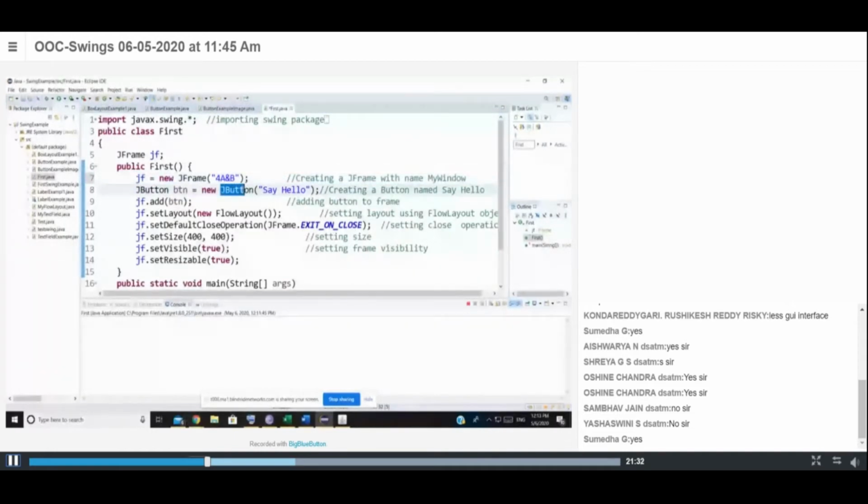The buttons are always instances of a class called JButton. You need to remember, JButton is for all buttons whatever we are going to include. This, we call it a component. In order to create any button in your desktop application, you must create instances of this JButton class. You need to remember that.